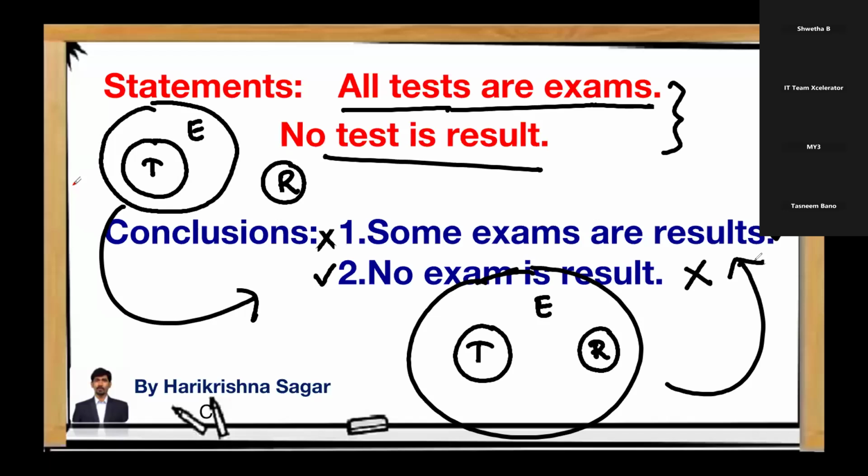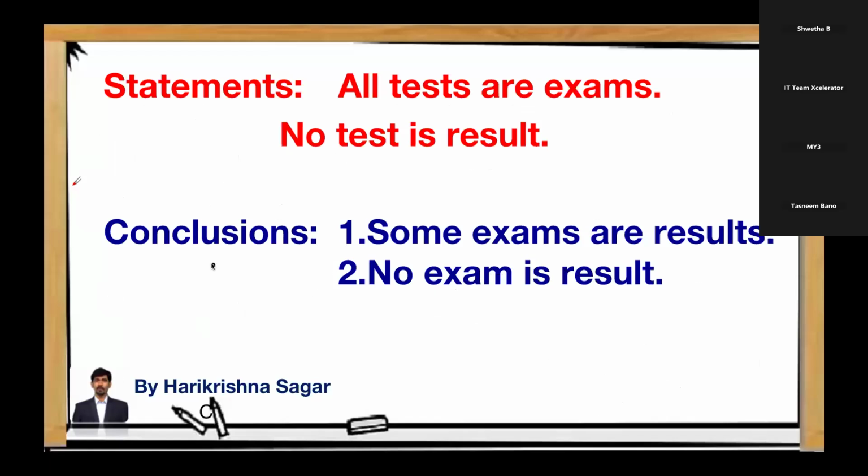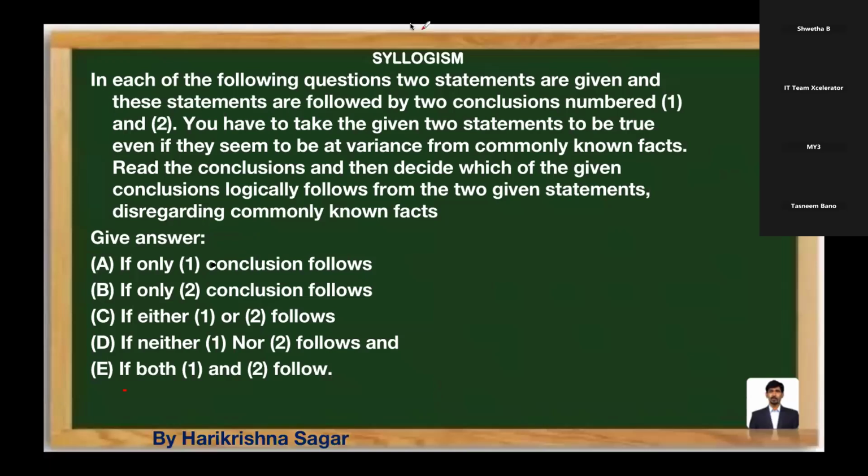That means which option we have to pick now? If 1 follows, 2 will not follow. If 2 follows, 1 will not follow. So this type of questions, we have to go with the answer choice as either 1 or 2 will follow. That means our answer choice must be, which one? Tell me, what is your answer?